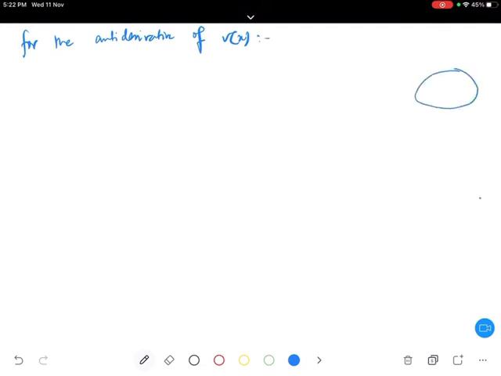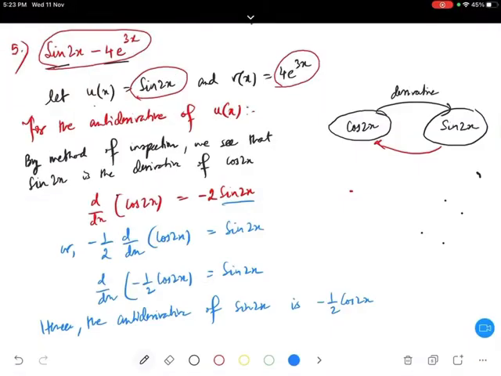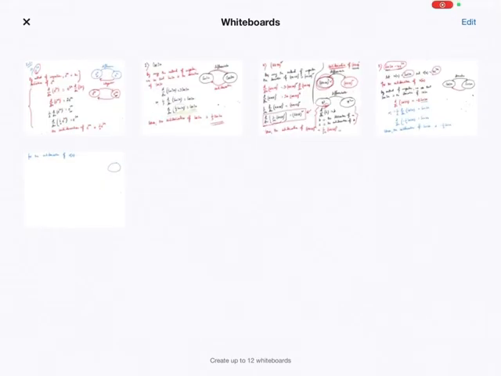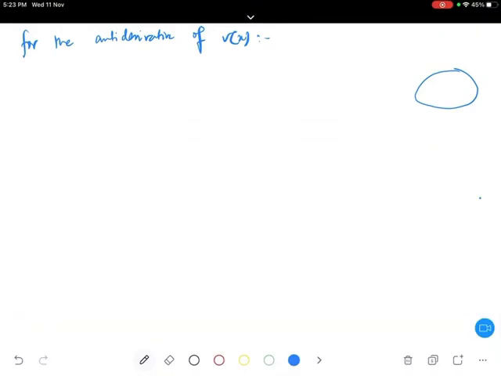Let us look at it in here. The vx function is given by 4 e to the power 3x. Okay. So what function should I differentiate to get 4 e to the power 3x? Closest. I don't have to tell the exact thing. I just have to think of the closest thing which I differentiate to get 4 e to the power 3x. What do we differentiate to get 4 e to the power 3x?